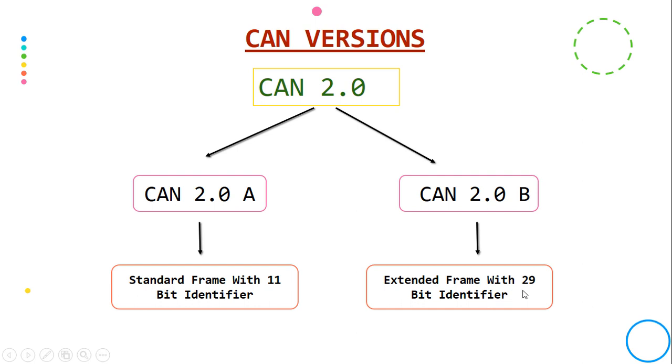Here, identifier is basically known as CAN identifier, which is a part of the message and indicates the priority of the message. Lower the number of the CAN identifier, higher the priority. If the value is 0, it is the highest priority. Basically we use CAN identifier to assess the network conflicts, which are resolved by bit by bit arbitration based on the CAN ID. All the connected nodes observe the bus levels bit by bit.